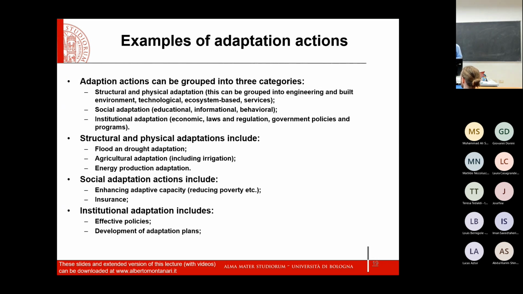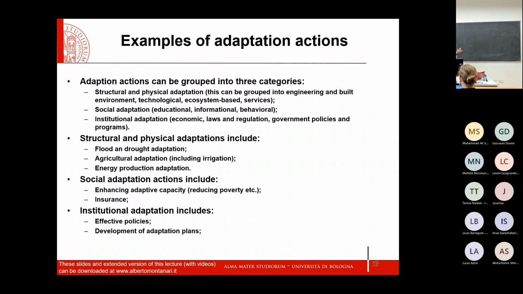Okay, now adaptation actions. Let's make a provisional and an incomplete list. They can be grouped into three categories: structural adaptation and physical adaptation, social adaptation, education, institutional adaptation. Here, in structural and physical adaptation, I include both what I called